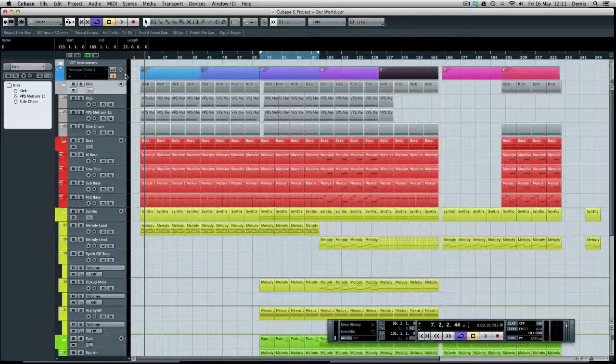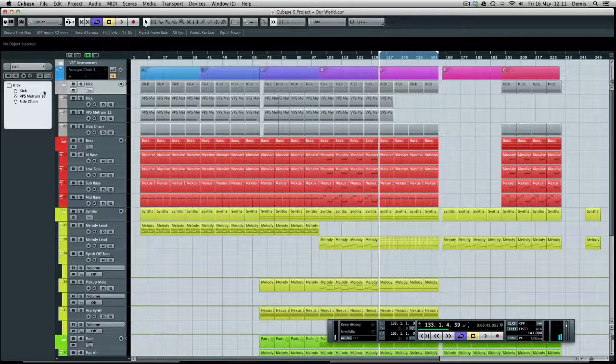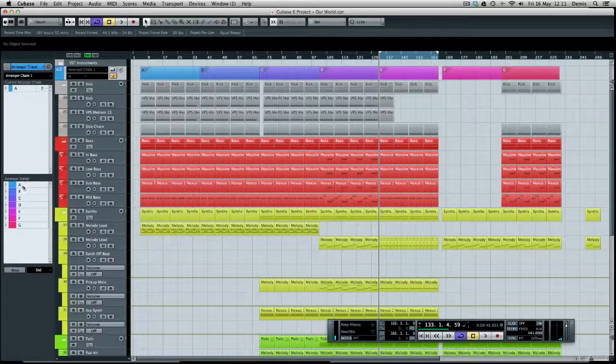And what that lets you do is you can quickly navigate to it by pressing P to highlight it all and start playing. There are other ways to do things. If you click on the track, you get a list of arranger events, and you can just click the play button next to them and it'll go to that section. So if we click B, it starts playing it from B. So that is a very handy tool,